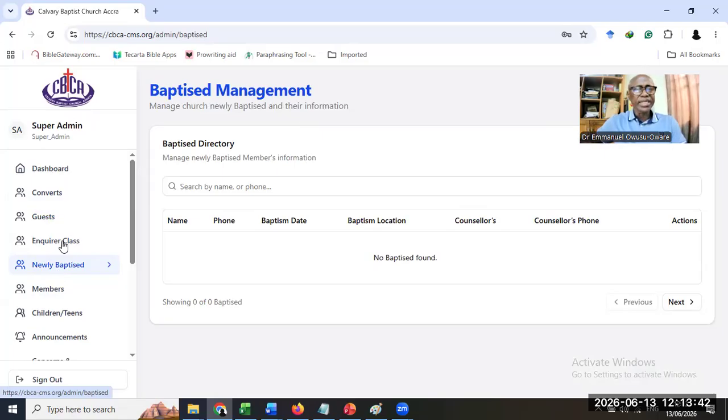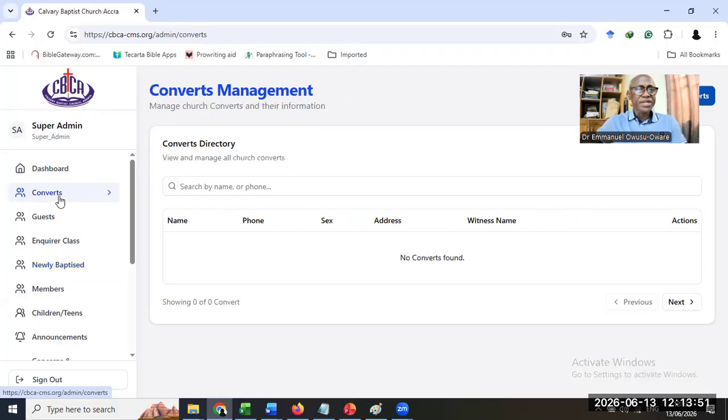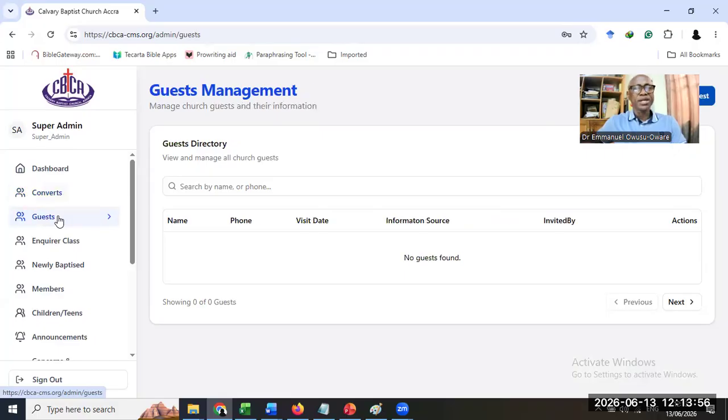Now, if you look at it, it shows you a life cycle of becoming a member. If, for instance, you capture converts, they will go through the process and become a guest. If the person who has been witnessed to comes to church, then the person becomes a guest. And once you're a guest, if you go through the process, you join an inquirer class. Then when you are baptized, so that kind of a cycle, we trace new converts and the process